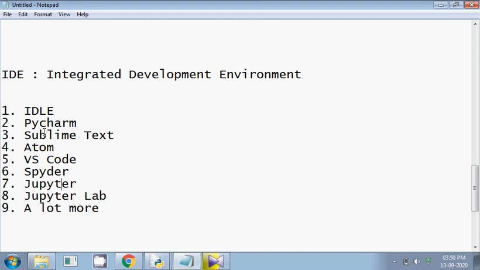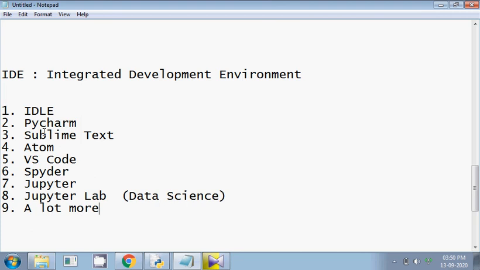So Jupyter and Jupyter Lab are basically used for data science purposes, but you can actually use them for normal Python development as well. Plus we have another IDE that is given to us by Google.